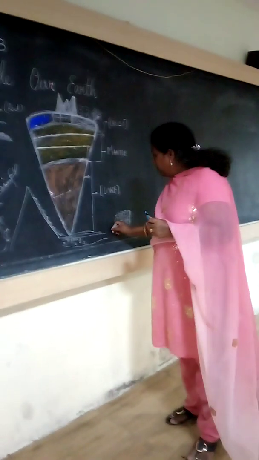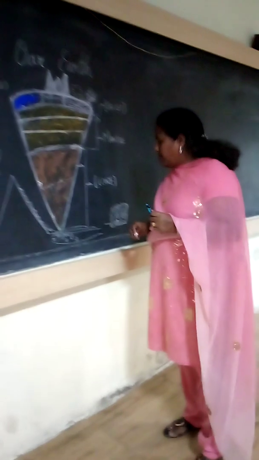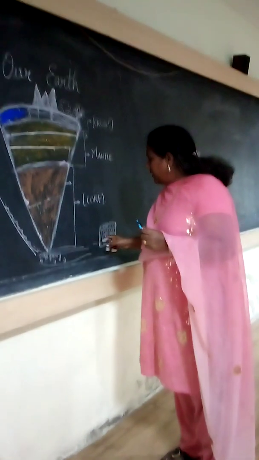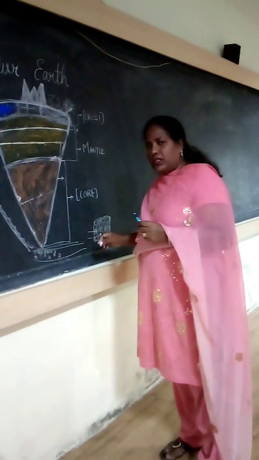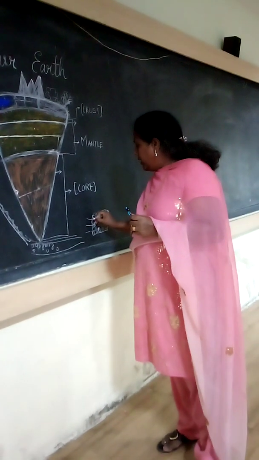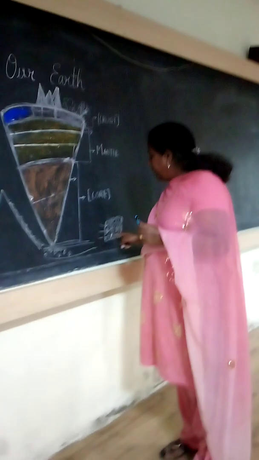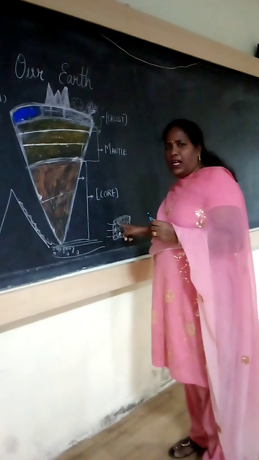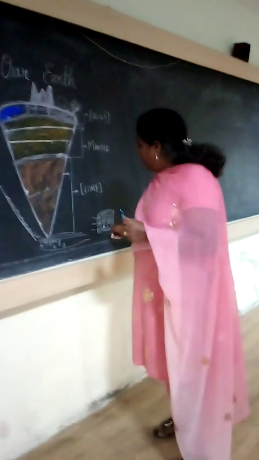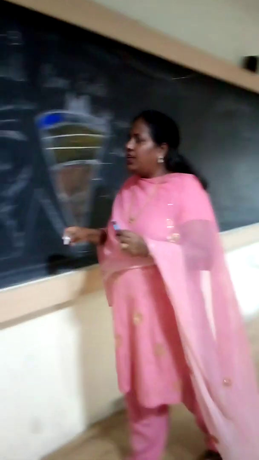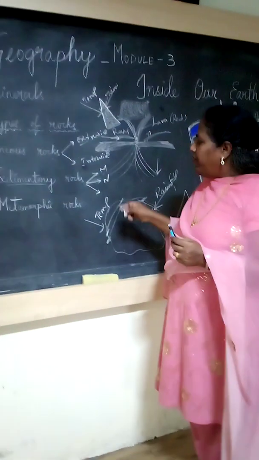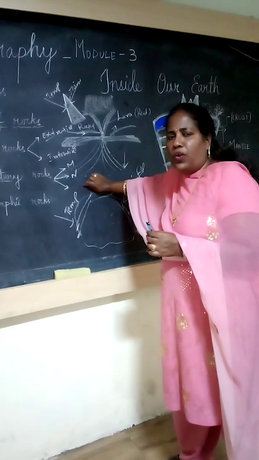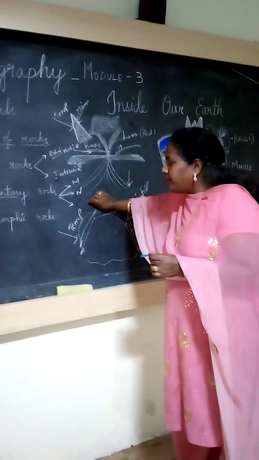In these layers, what will happen? Dead animals, sea animals are there, no? Marine animals, otherwise any decayed leaves, human dead things, anything they deposit between the layers of the rocks. They will deposit the medium in the middle of the rocks. That is called the natural process. We can get coal or petroleum here. Example is coal or petroleum.